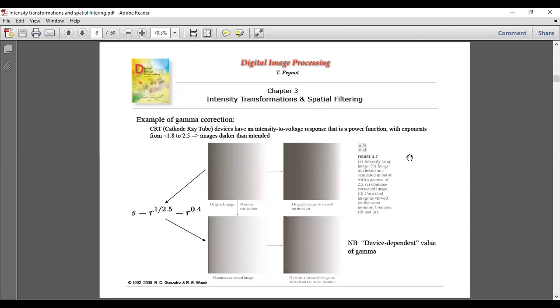What next? Yes, I told you yesterday, I'm not going to cover it today, the deal with gamma correction. So what is the thing, by the way? It is the thing with a TV. Whatever you observe on TV may sometimes need a gamma correction. So here the author has mentioned.